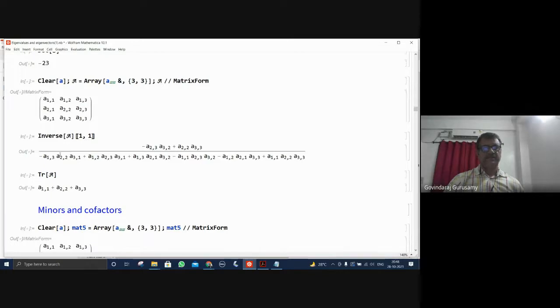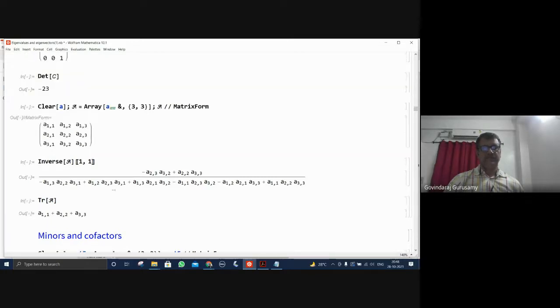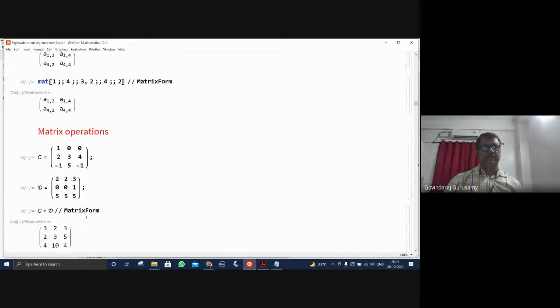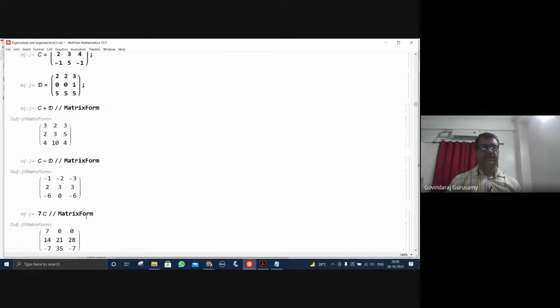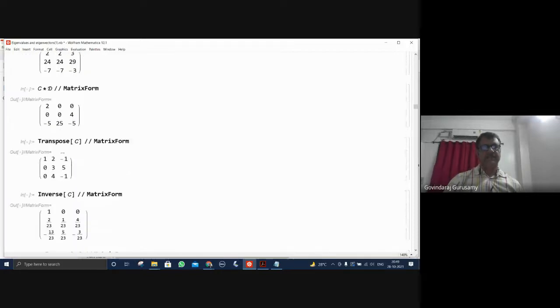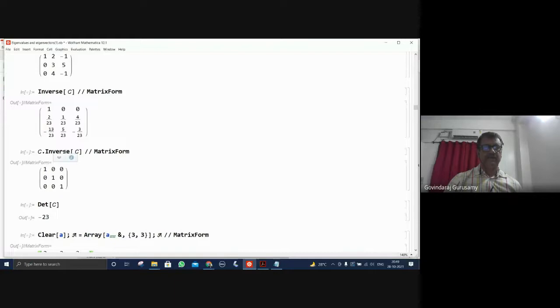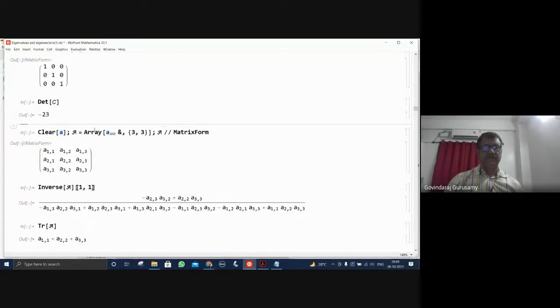Okay. So if you want to pick out any element, that can be picked out. And this is actually the determinant of this matrix value. And this is the corresponding number for the first element of the inverse. Okay. And the trace of the matrix is the sum of the diagonal elements. So this is how the various operations can be done on the matrices, and this will be done often. We multiply this and then subtract it. We rewrite the columns in a different form, rows in a different form.